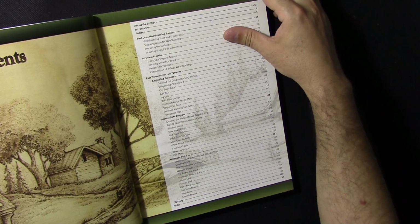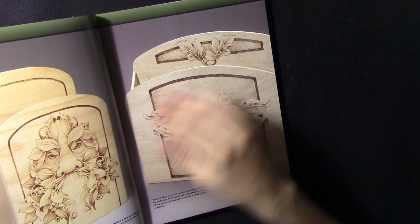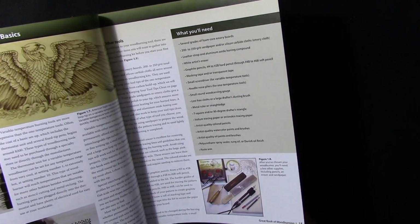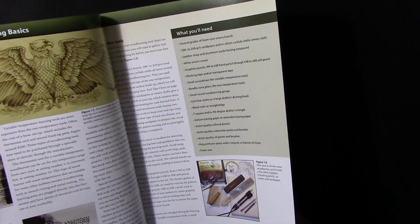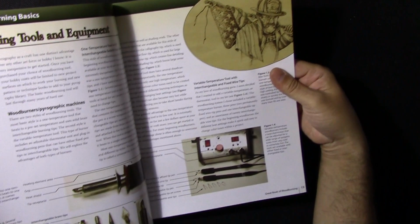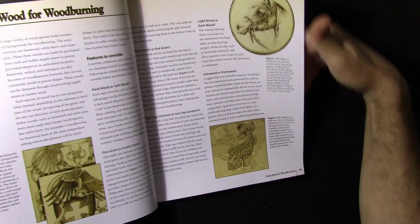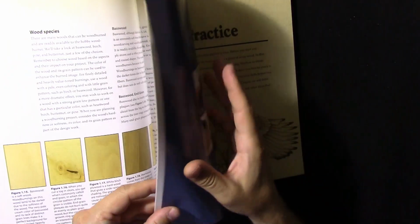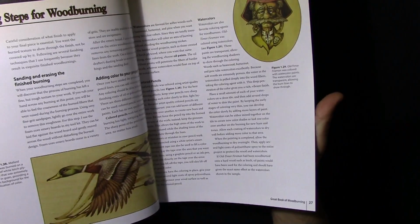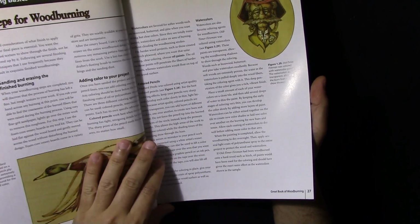This book is from Fox Chapel Publishing, it's from 2006. And here you can find lots of information as well as on her websites. I will place the links in the video description below. You have, of course, the basics, the single temperature burners, and the variable temperature also, how to clean the tips, how to choose your wood, preparing the surface, transferring the patterns, and she also speaks about color, about watercolor